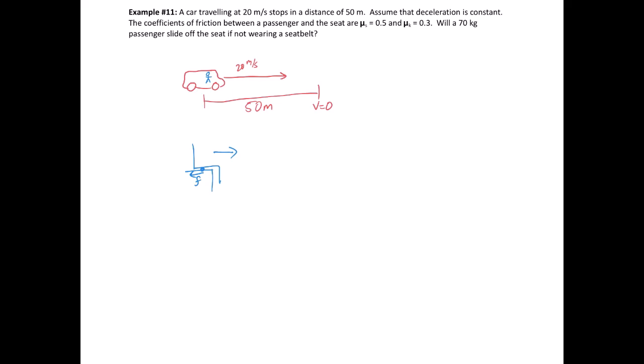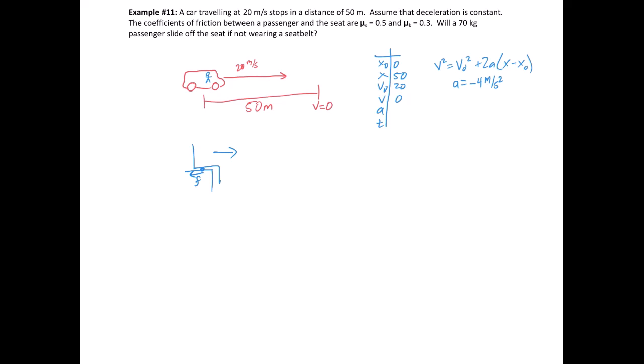Well, we can get that from kinematics, right? We can say we've got an initial position of 0, a final position of 50. We've got an initial velocity of 20, a final velocity of 0, and we can then calculate the acceleration. Which equation do we want to use? Hopefully you're thinking about this one. v squared equals v naught squared plus 2a(x minus x initial). We go ahead and put these numbers into that, and you should get an answer of -4 meters per second